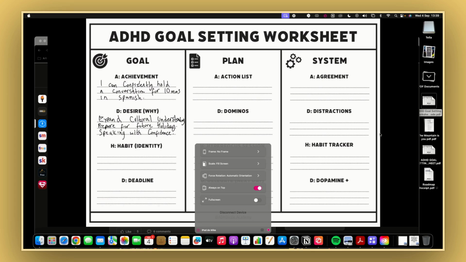So for someone who has a habit of being the confident person that speaks fluently, or for 10 minutes in Spanish, what would someone who is speaking and in the position that I want to be in be doing? What habits? So they'll be practicing Spanish maybe 20 minutes a day. They'll be constantly watching programs in Spanish, immersing themselves in the language, in the culture.